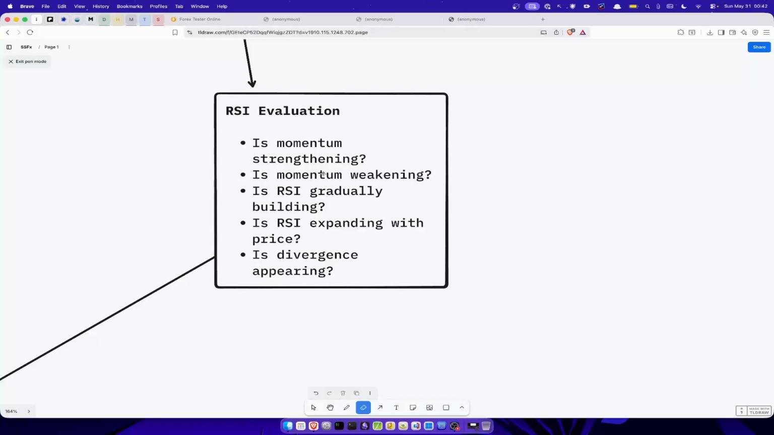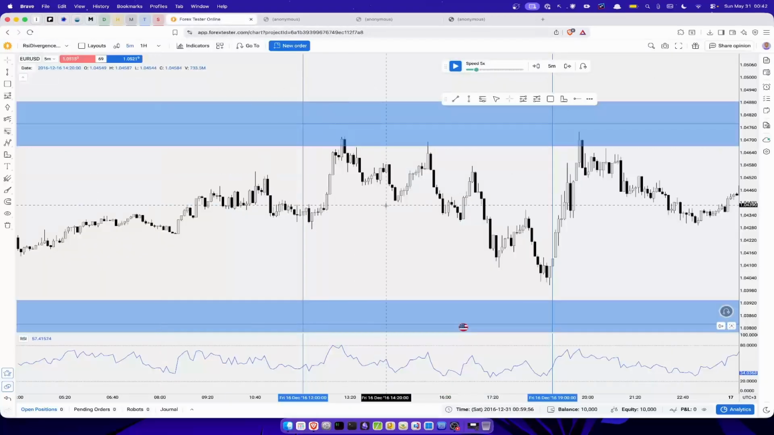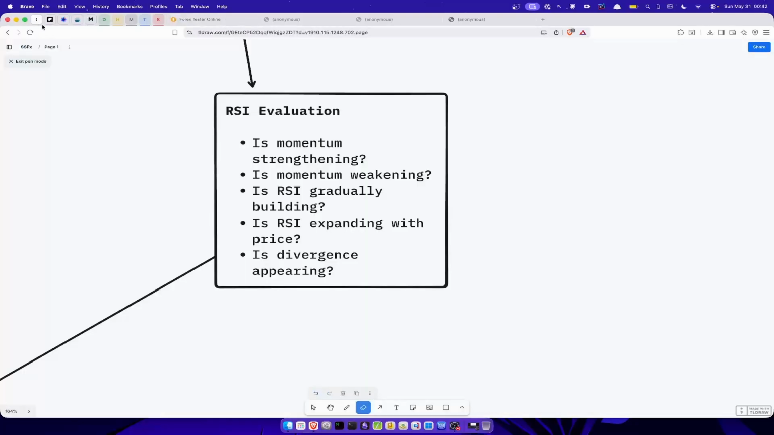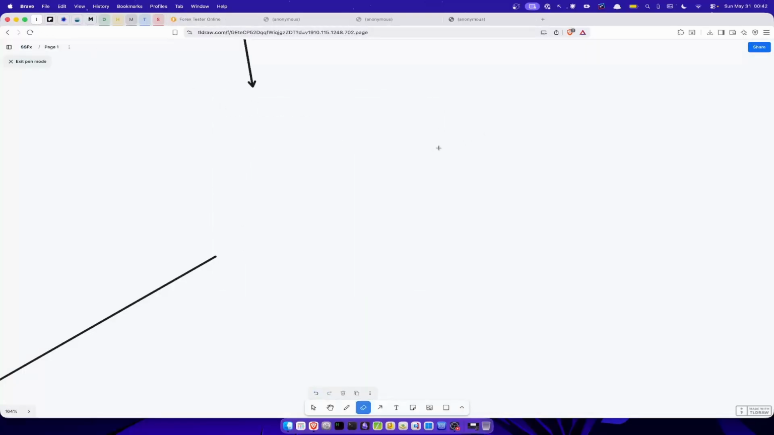So once we arrive at that zone, we check the RSI and confirm whether the momentum is strengthening or weakening. Is the RSI gradually building up, or is it expanding with the price? Are divergences forming? And if divergences are forming, are there multiple divergences towards the zone? So right now, as you can see, a divergence. I'm not actually sure if you guys know what a divergence is, but essentially divergences